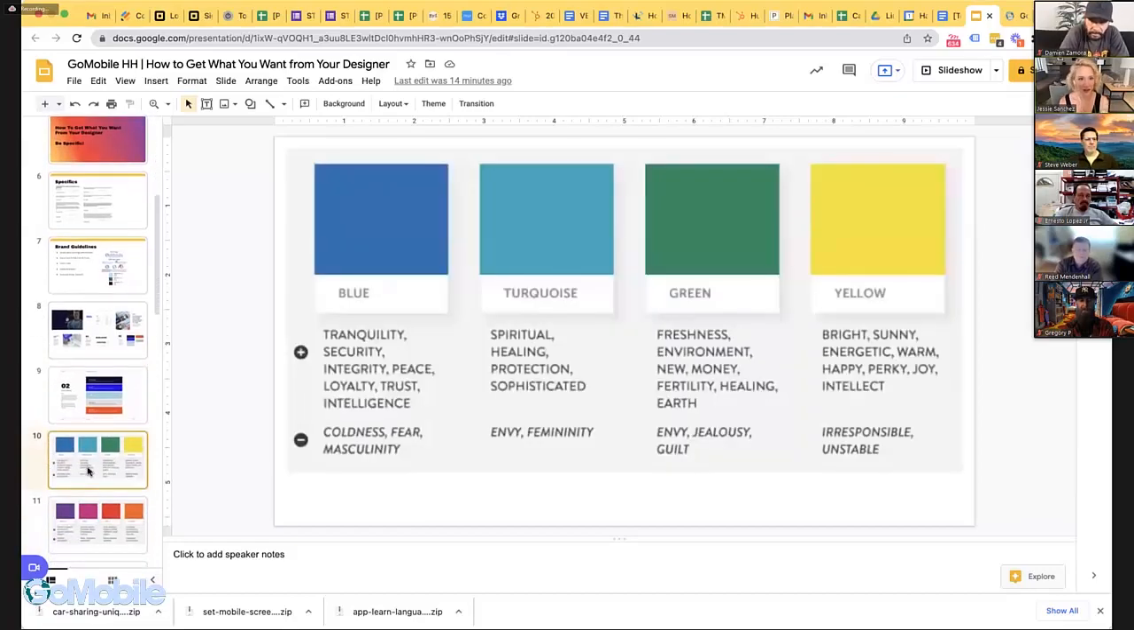Then to go into the colors. With my own brand, I use a lot of yellow, which is a happy, fun color to go along with my happy brand company. But what's funny is I just pulled this off Pinterest, and it shows the positives and negatives of colors. Under yellow, it also has irresponsible and unstable, which is kind of funny to me because